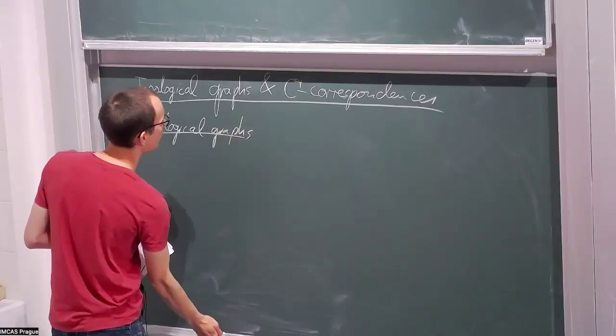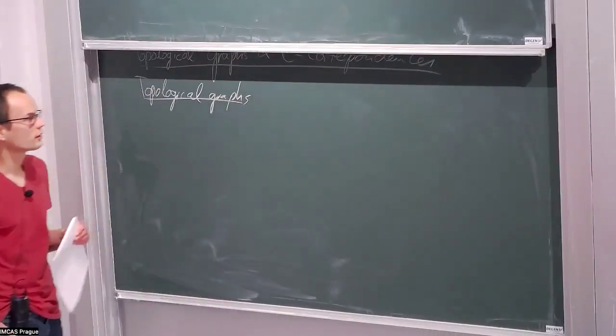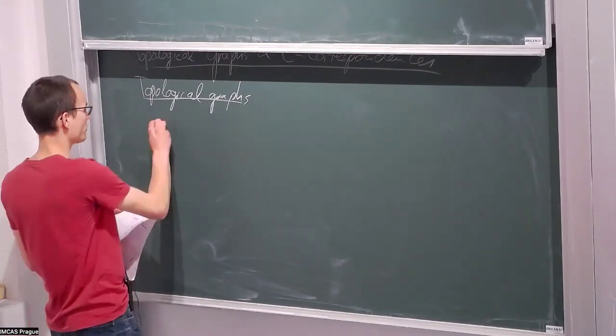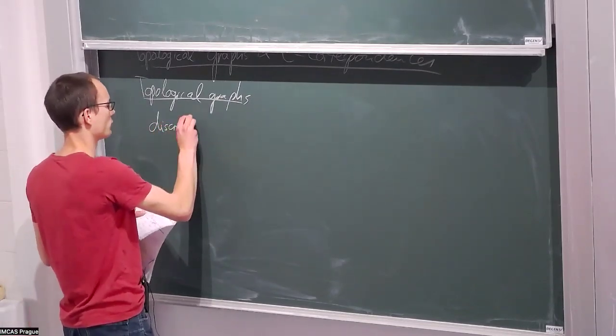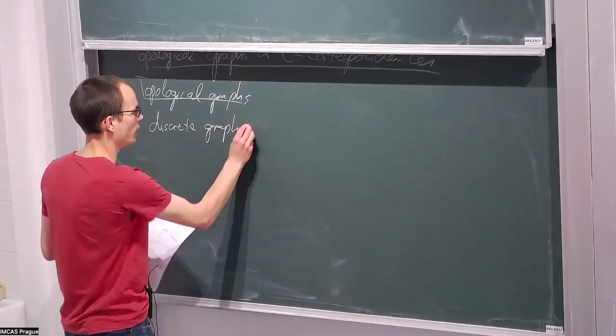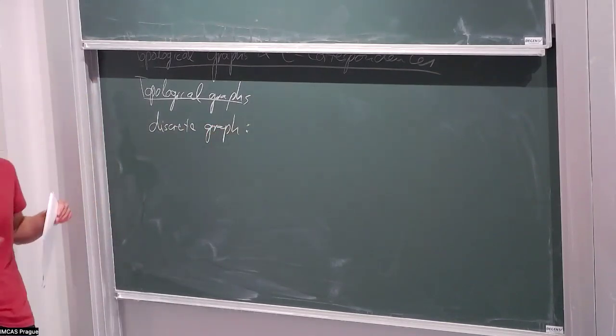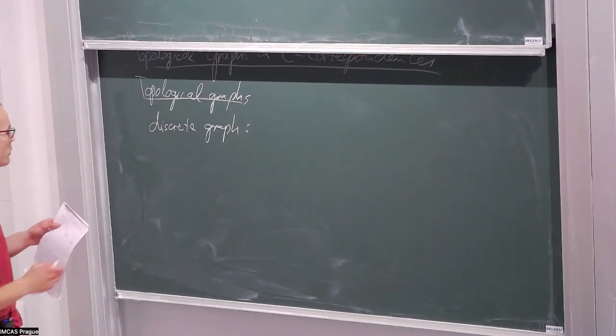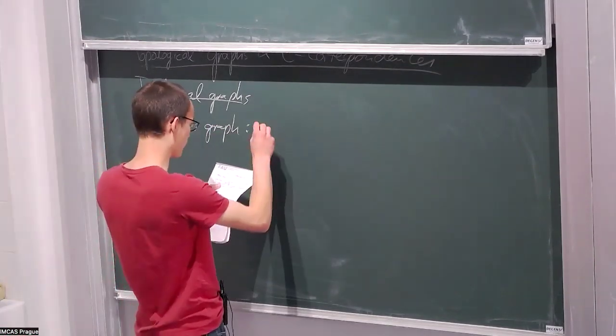Okay, so maybe the more familiar thing are discrete graphs. Okay, what's a discrete graph? I guess the immediate picture that everybody has in mind is of some vertices and arrows between them and so on. But formally, we can express it